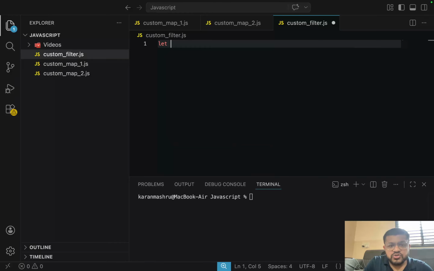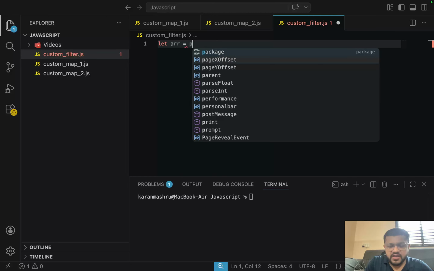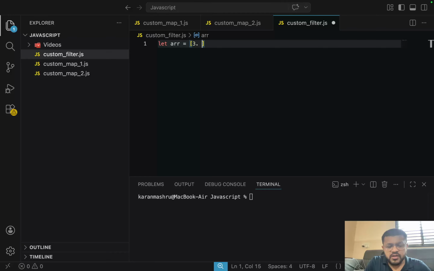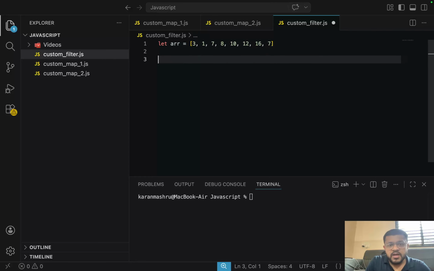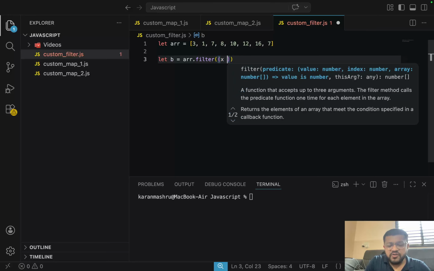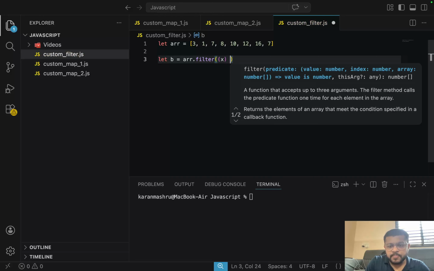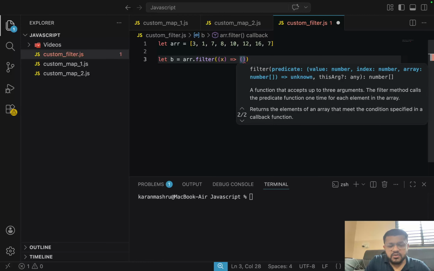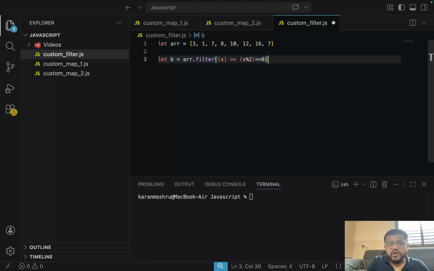Okay, so if we recall, let's say I have an array 3 1 7 8 10 12 16 17. Okay, so if I say let b is equal to array dot filter, I can say for every element x, take the element only if x modulo 2 equal to 0.